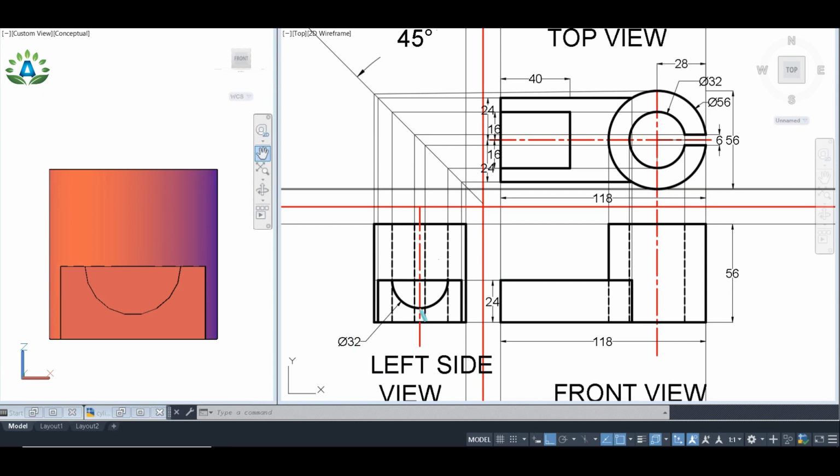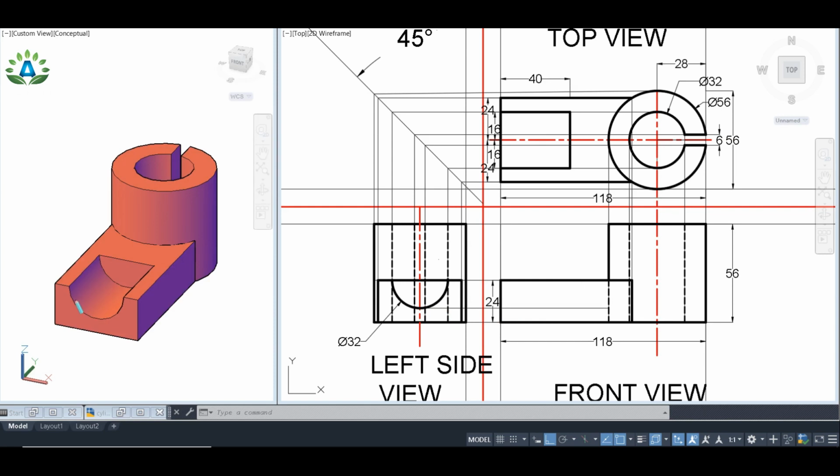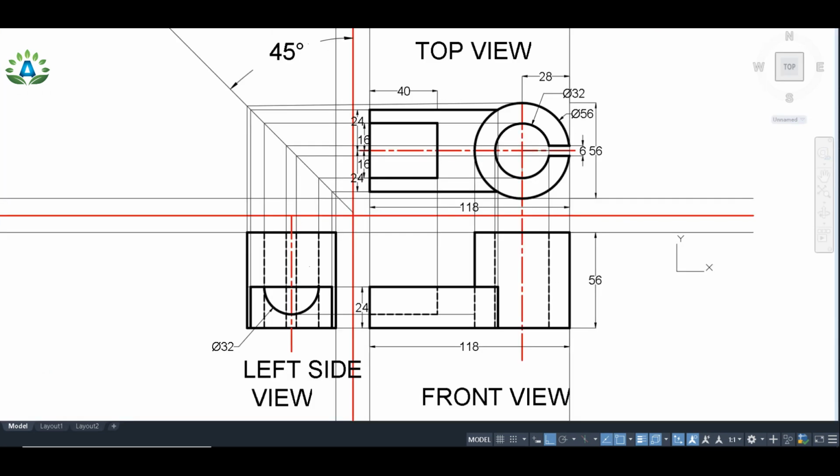Now we have to project a line from this point, which will appear as a hidden line in the front view. This semicircular hole is extended only up to this point. So we have to project a line from these points to the front view, like this. And finally, these lines will appear as a hidden line because these holes will always appear as hidden line in the front view. In this way, our front view has also been completed. In this way, we have completed our orthographic projection in third angle projection.